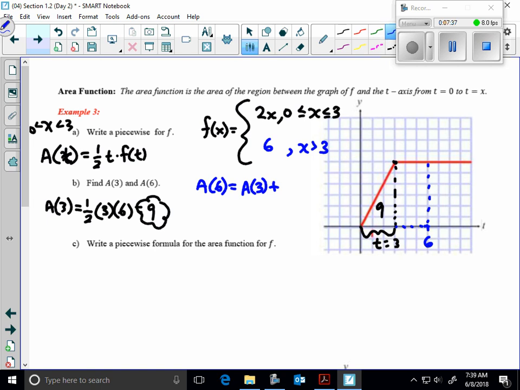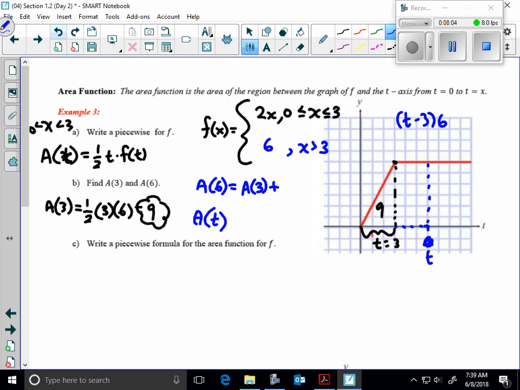So for example, let's say we don't know this value. Let's call it t. Well, how would I find that width? I'd take t minus 3, and then I'd also multiply it by the height. Well, the height everywhere along this rectangle is going to be 6. So to find, in general terms, the area,